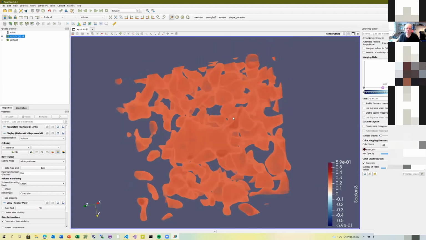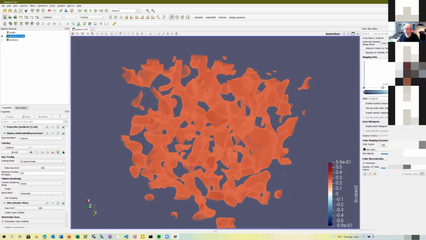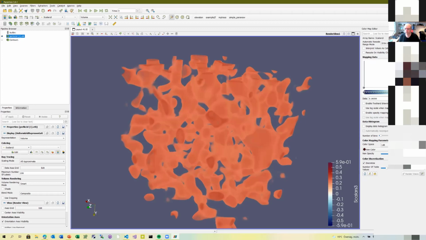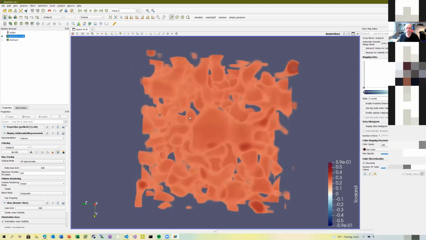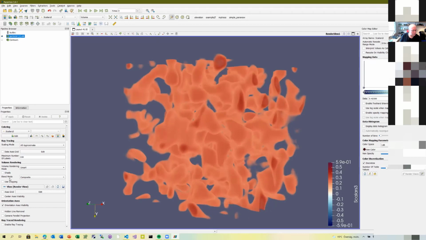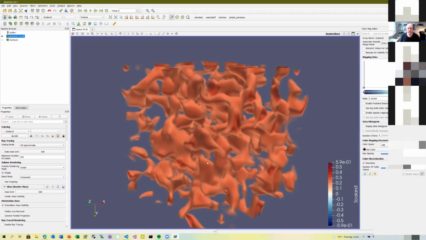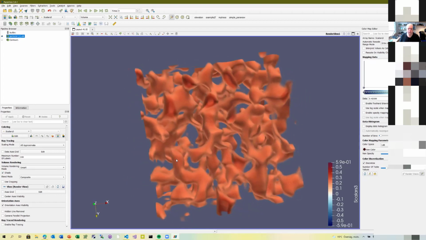Let's see if I can pull that down as well. And you can also do shading here, so you get